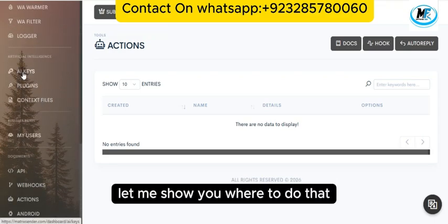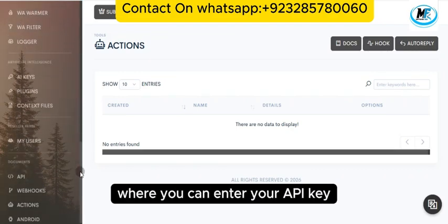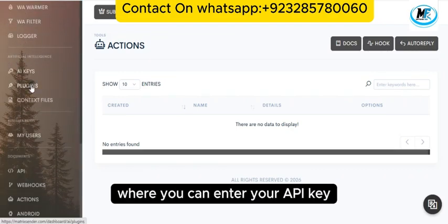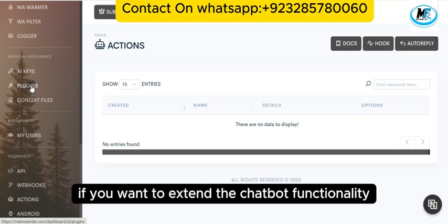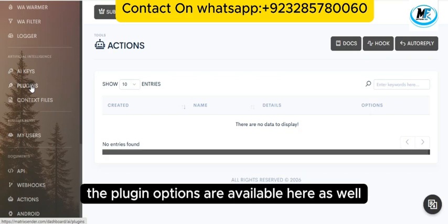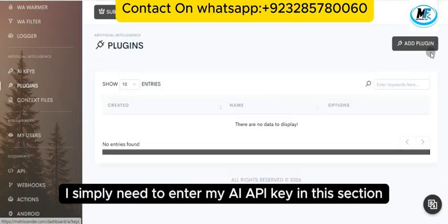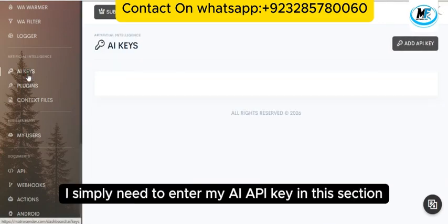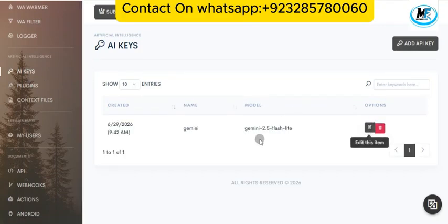Let me show you where to do that. Scroll down to the AI section where you can enter your API key. You can also add plugins if you want to extend the chatbot functionality. The plugin options are available here as well. In my case, I simply need to enter my AI API key in this section and the chatbot will be ready to use.